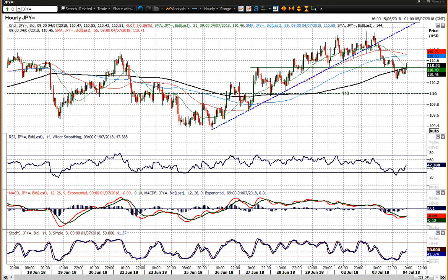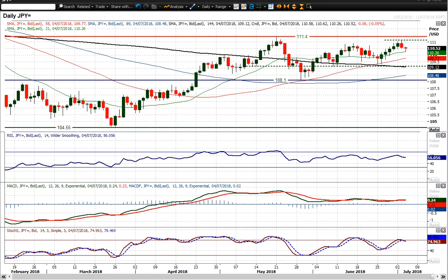So we've just picked up a touch in the last few minutes, which is sort of helping to stabilize the market a little bit, but it'll be interesting to see if the bulls sort of fail again around that sort of 110.50 to 110.60 mark and then start to sort of correct back. Then it would just simply be a continuation of what I see as this range play,